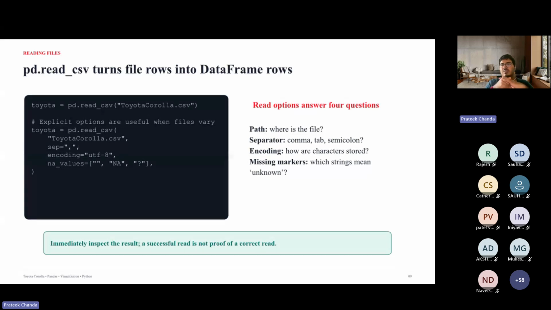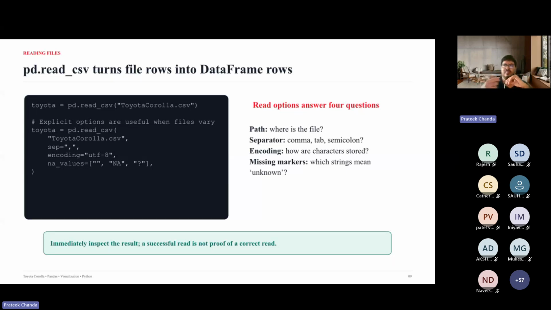Now this functionality is as follows. We call pd.read_csv. Given the CSV file, which is basically a comma separated file, each row would have all the feature values, all the numeric features, the price and all those things separated by commas. So you just read the CSV. You are assigning this to the variable Toyota, and it creates a data frame out of it. So it gives you a table kind of structure from the CSV file.